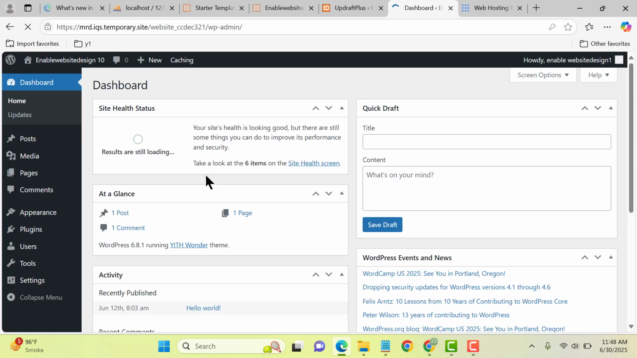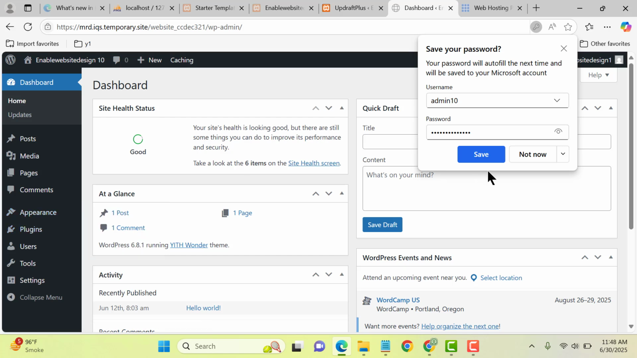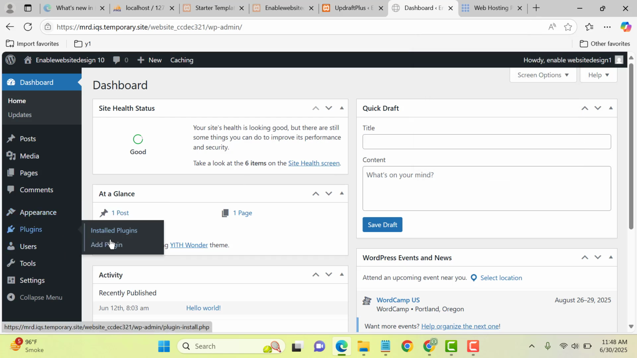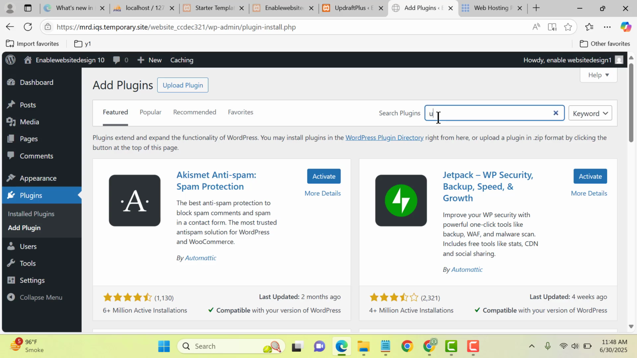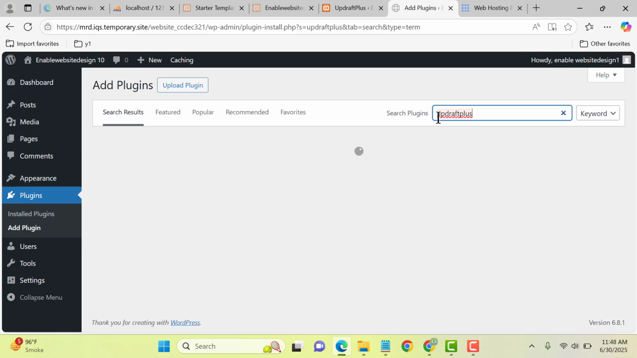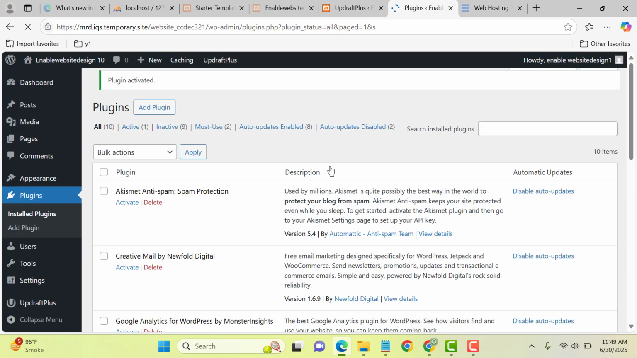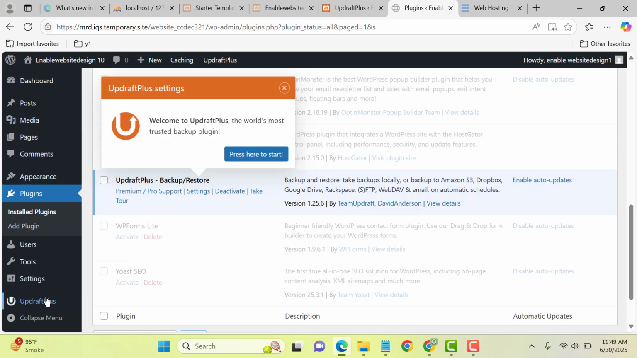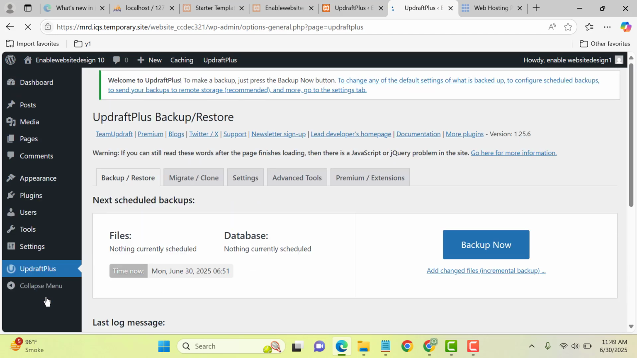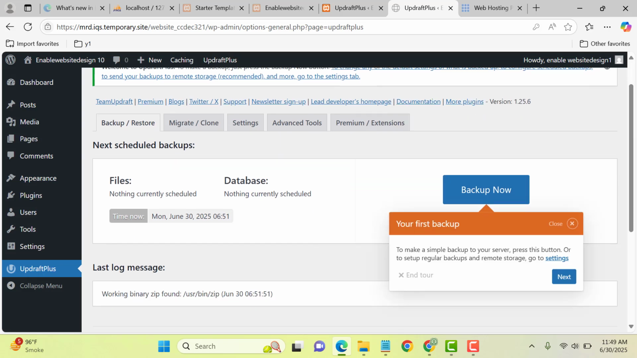and now we need to install the UpdraftPlus plugin here in the live website. So let's go to plugins and click on add plugin. Search for UpdraftPlus. Install it, then activate. So now let's go in UpdraftPlus, and now scroll down,